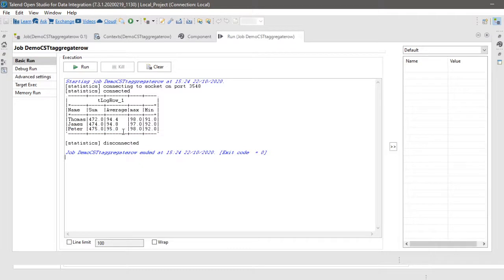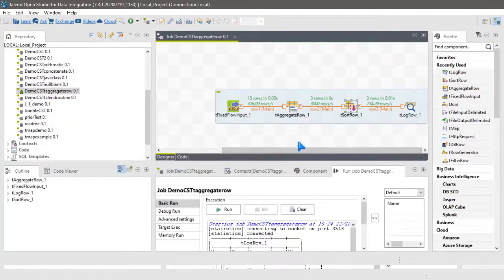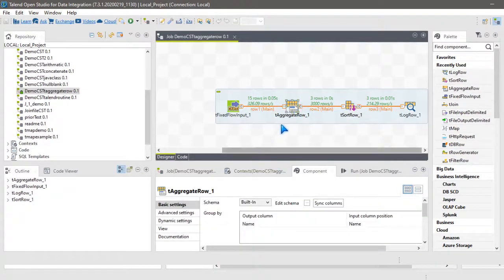Because I have done the sorting based on the average column in ascending order. Ascending means lowest to highest. So Thomas has the lowest average, James the second lowest, and Peter the highest average. In this way, you can do sorting based on certain column values. But the most important point here is how the aggregate operation performs.